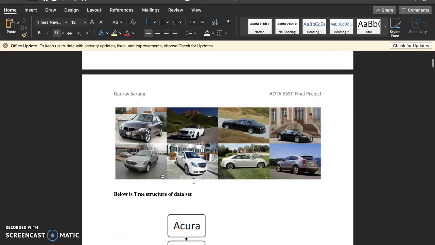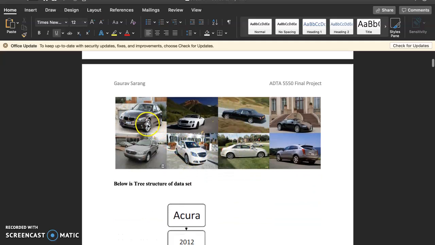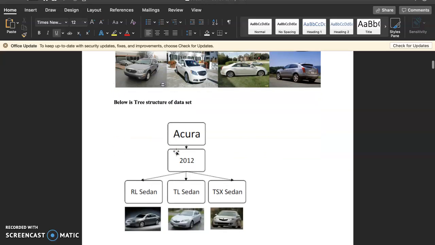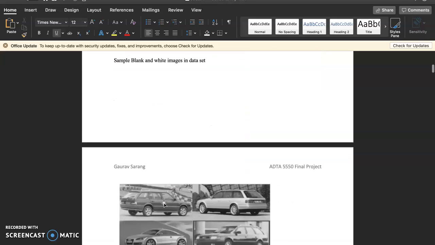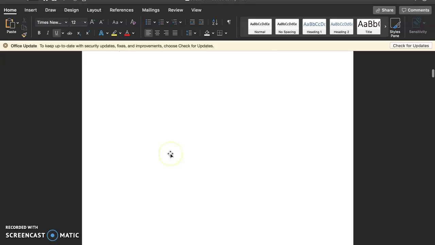So for example, this is the various views of the images. See, it has different backgrounds, all of those are different backgrounds. Then we can explain using the tree structure of the data set. So first, Acura 2012, it has 3 models, and then we can see some with black backgrounds, like it's a different model.